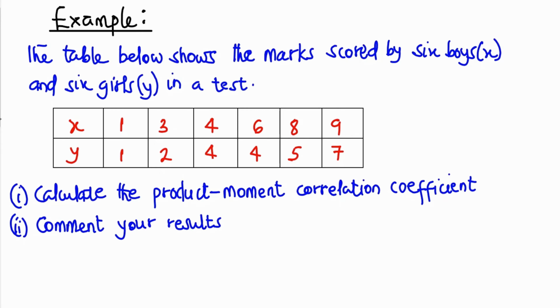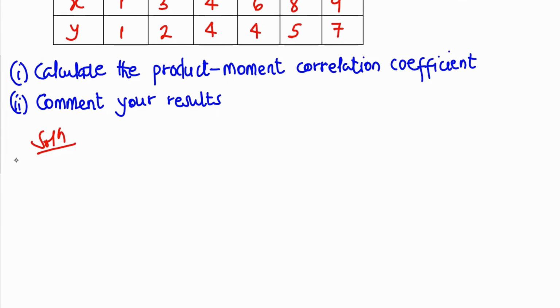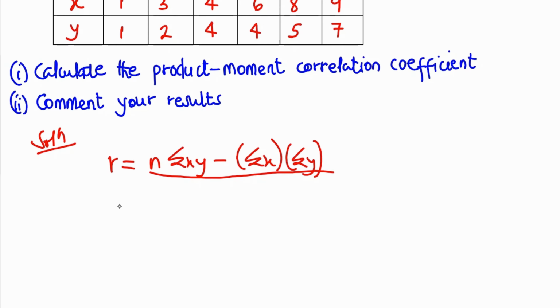Now we have our solution as such. Because the product moment correlation coefficient, or the Pearson correlation coefficient, is guided by a formula, we first write the formula, and the formula will help us to look at how best we can solve it. So the product moment correlation gives us r, which is equal to n of sigma xy minus sigma x multiplied by sigma y, all divided by the square root of n multiplied by sigma x squared